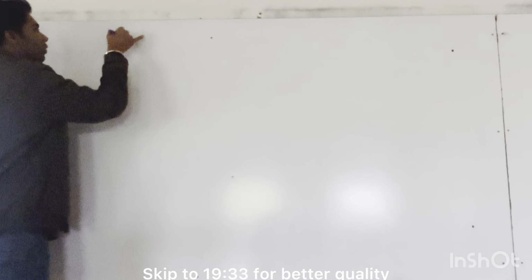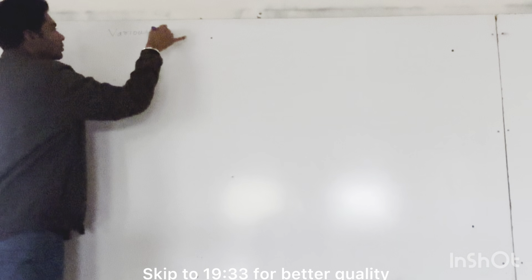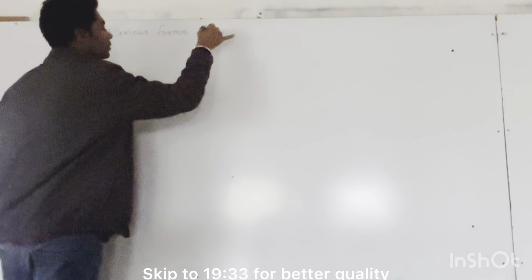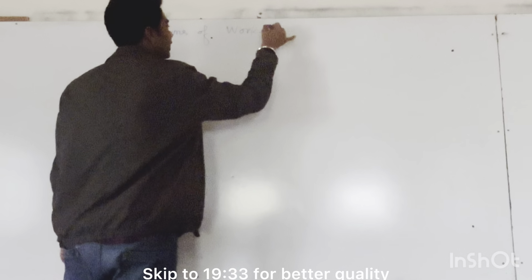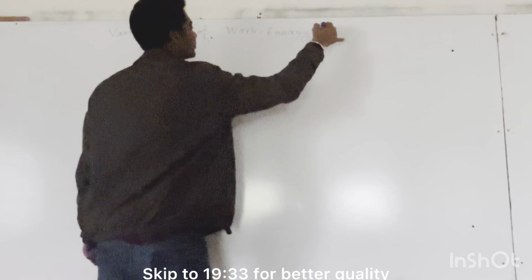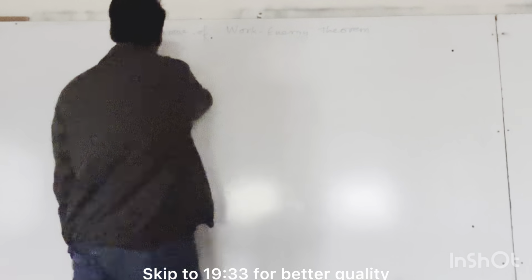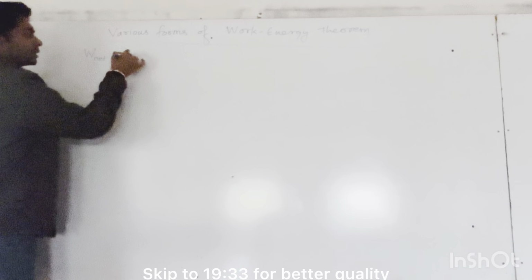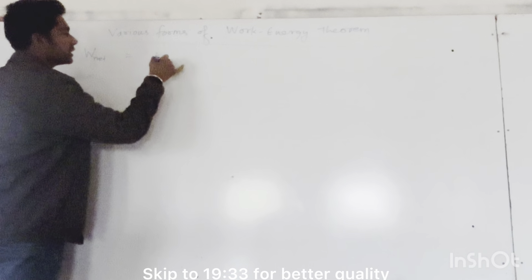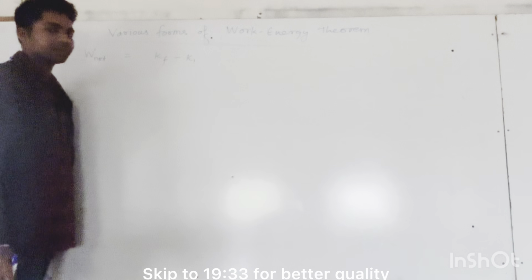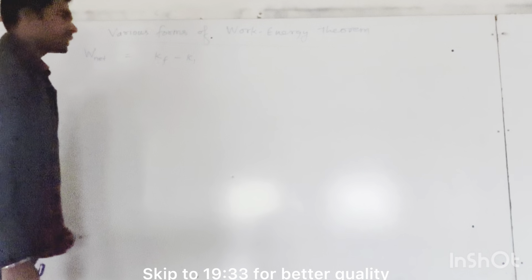Various forms of work energy theorem. So what we wrote, work done by all the forces is equal to change in kinetic energy, K final minus K initial. We can write it as,